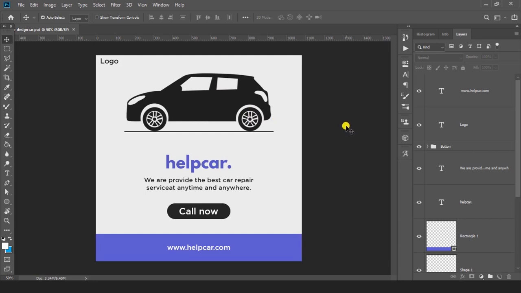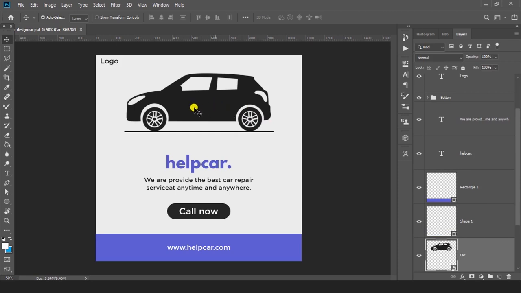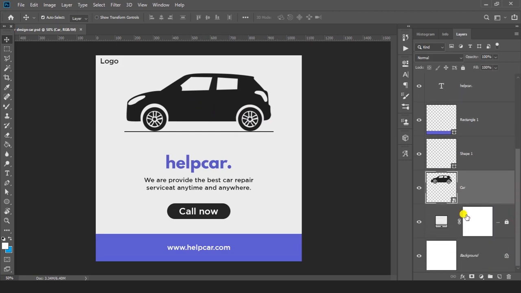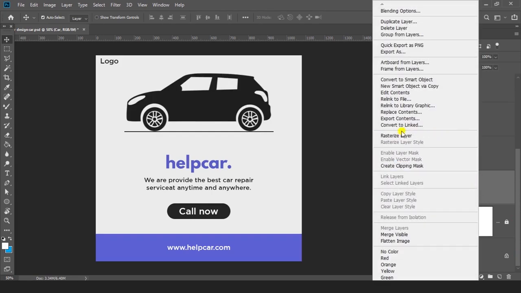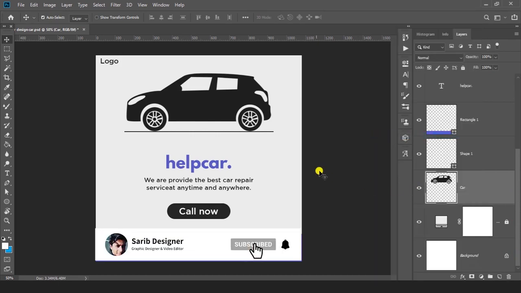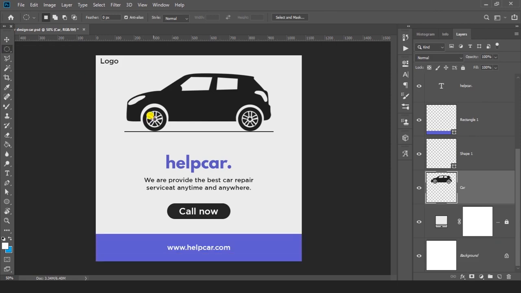So first of all, we need to separate our layers. Select the car layer, which is here in the layer panel. Right click on it and click on rasterize layer, and now select elliptical marquee tool and make an ellipse like me.